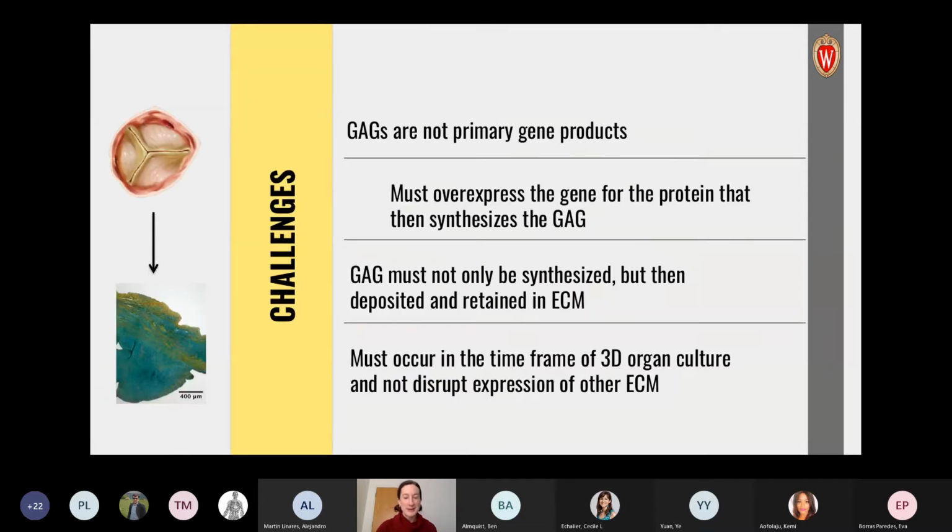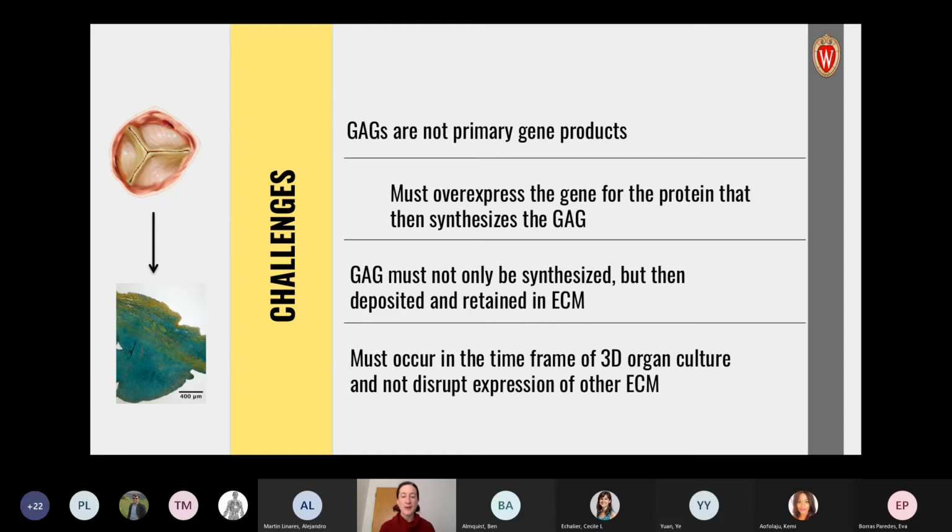Okay, so here's the problem, though. We want to manipulate these GAGs, and it'd be easy enough, and actually we've done several years ago, ways to decrease the GAGs in valves. You can throw some enzyme on there, but how do you increase your ECM there? And really the only way we saw for doing this was to do some sort of